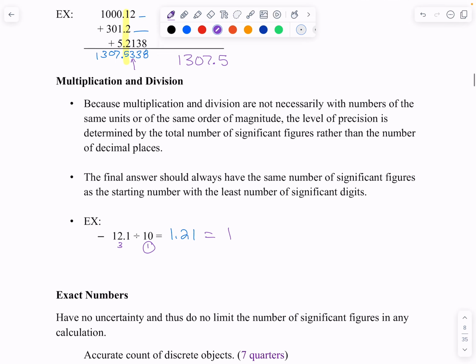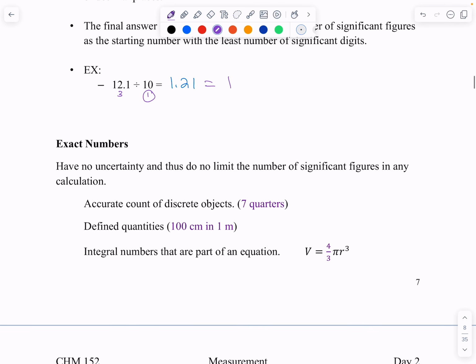Now, when we talk about this, there are things called exact numbers. And exact numbers have no uncertainty, all right? So if I have 7 quarters, could it be 8? No. How many people live in your house? That probably should be an exact number, right? How many people do you have in your car with you at any time? Exact number, all right? How many rings are you wearing? Exact number, right? You guys get it.